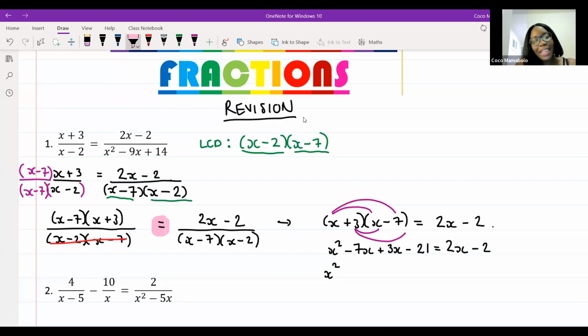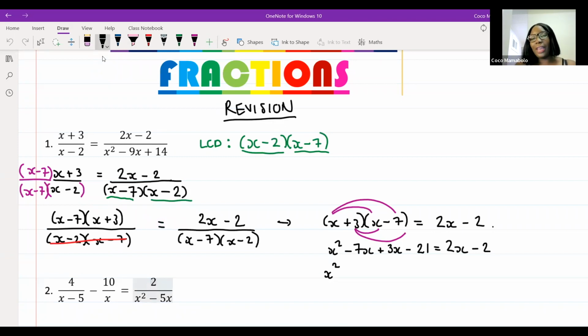Unako says, do we cancel out the top if they happen to be the same? Yes and no. I'm going to say yes because you can do it if they're the same on each side. No, because it will confuse your grade 10 brain, and I don't want you to say that. Okay, all right, guys. I remember telling you guys, keep the denominator. Do not. Yes, I remember.